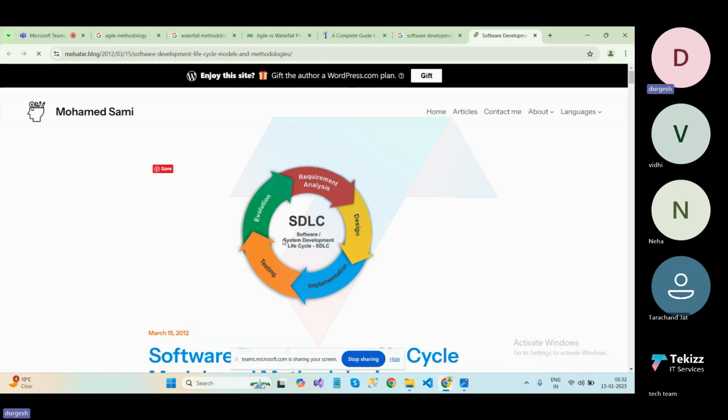Okay, so the next and last is the SDLC, the software development life cycle. So here, first